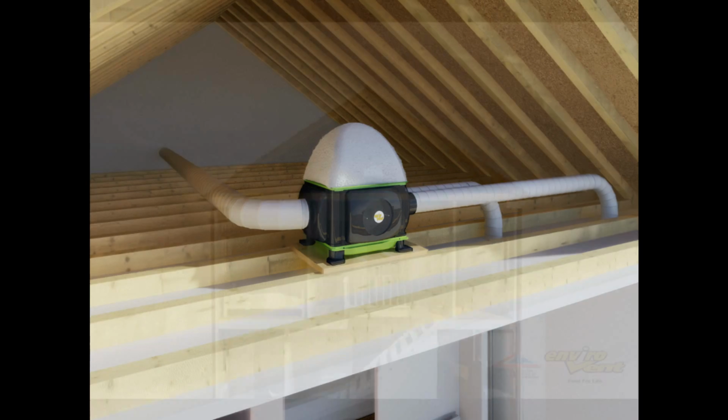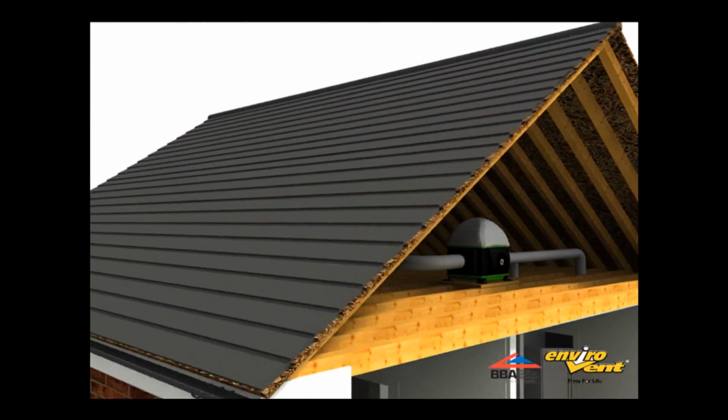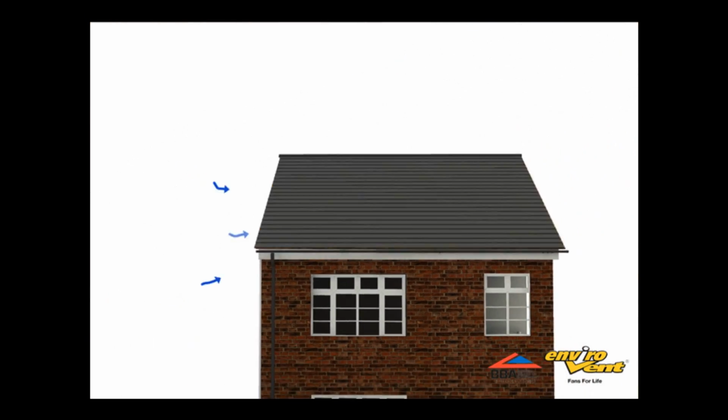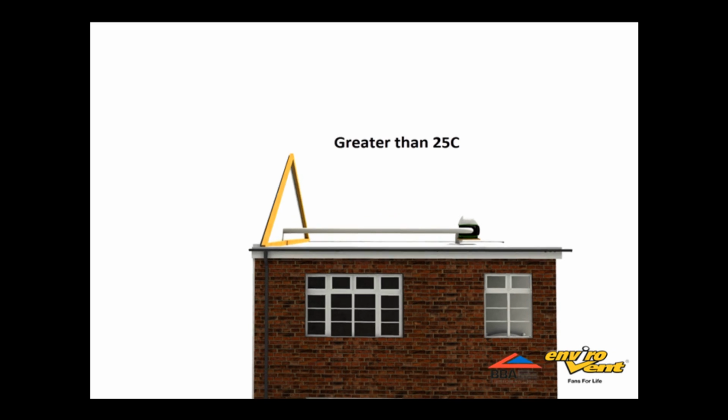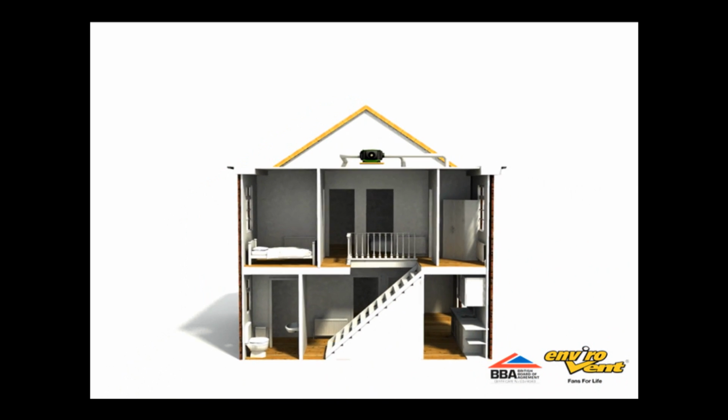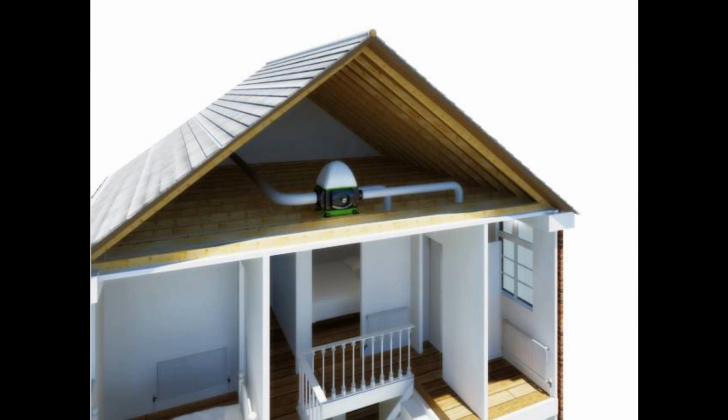When the loft temperature exceeds 25 degrees, the unit automatically detects this and activates a damper that switches the air supply from inside the loft space to the cooler air from outside the property. The result is all year round whole house ventilation, fresh filtered air being introduced into the property in the most